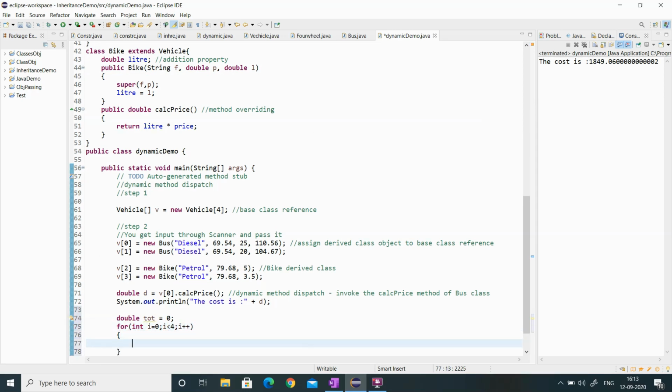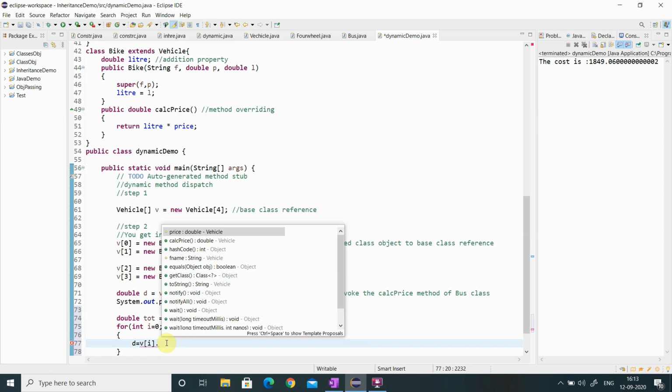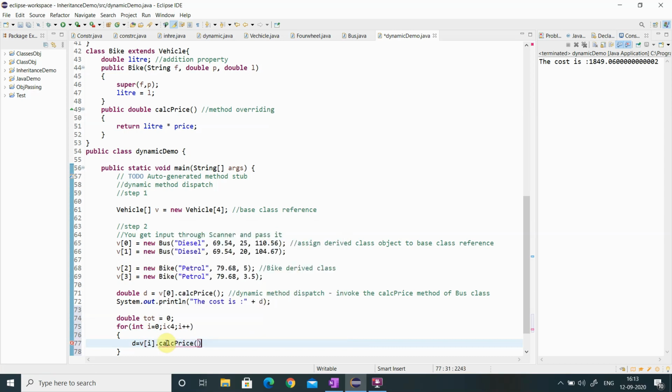For every object reference I need to calculate the cost. So in order to use every object reference, v of i. So v of 0, v of 1, v of 2, v of 3. Each object individually, and then I have to calculate the calculate price of each.